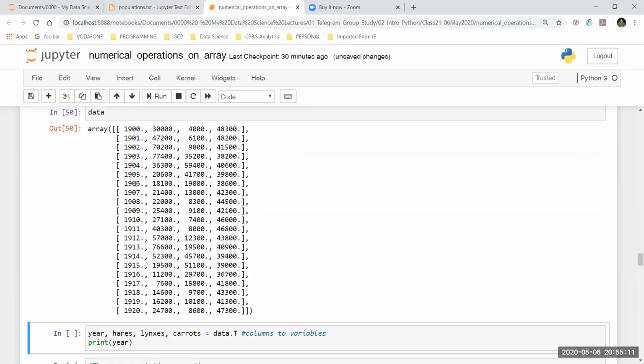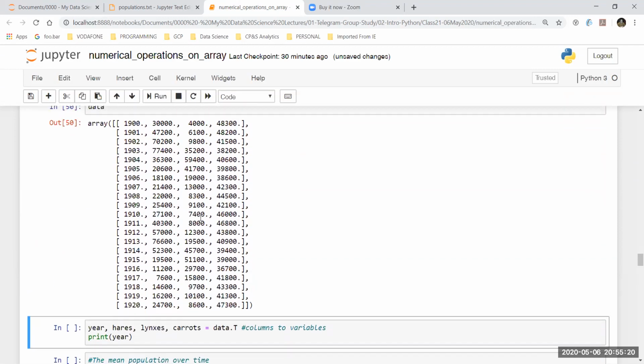Now I have four columns over here. The first one is year, second one is hare, third one is lynx, and the fourth one is carrot. I would like to get each of these columns into a single one-dimensional array, because each of these columns is essentially a 1D array.